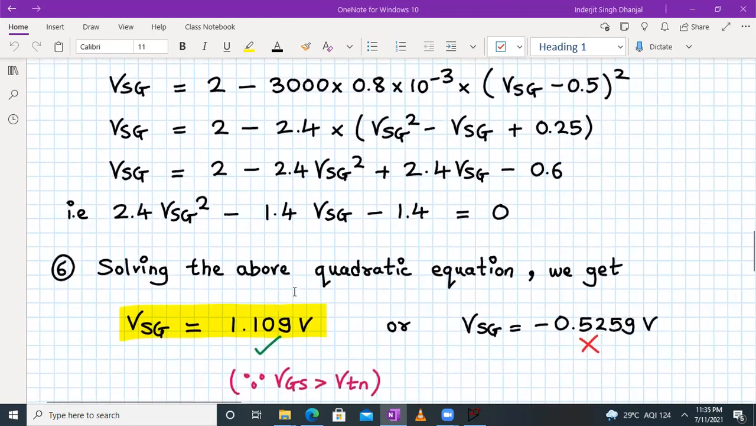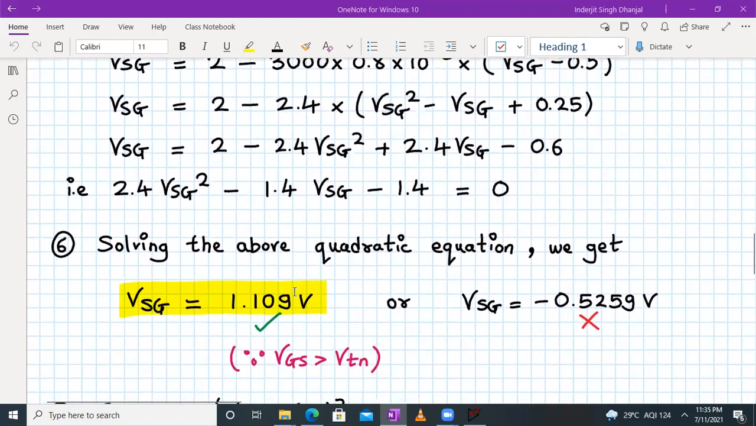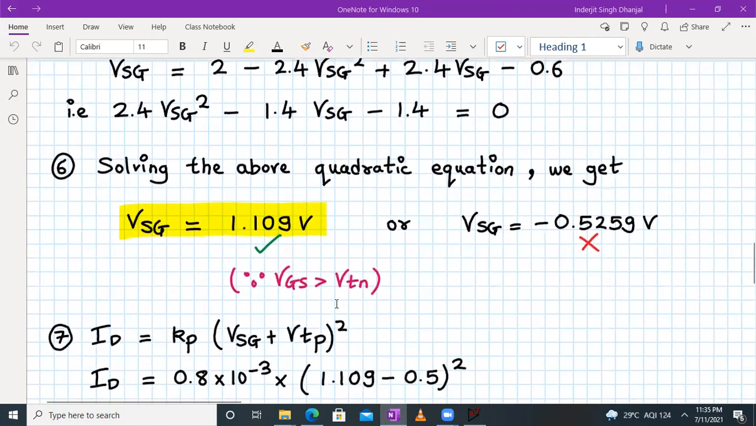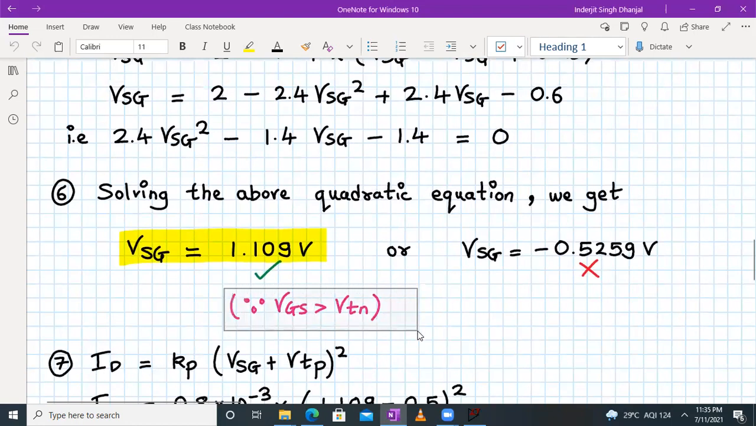Now we solve the above quadratic equation using a calculator and we will get two values of VSG. One value will be 1.109 volt and the other value will be minus 0.5259 volt. Now which value do we have to select? This is slightly wrong. We should select that particular value wherein